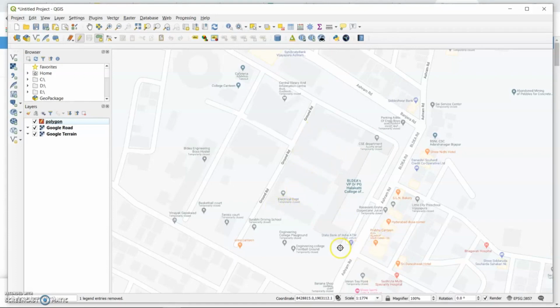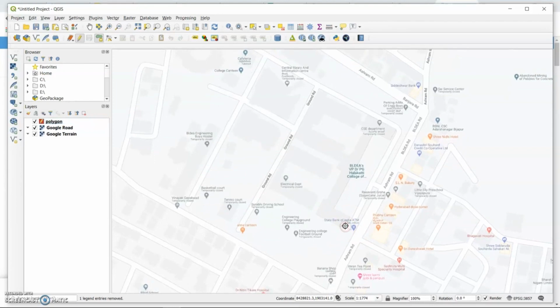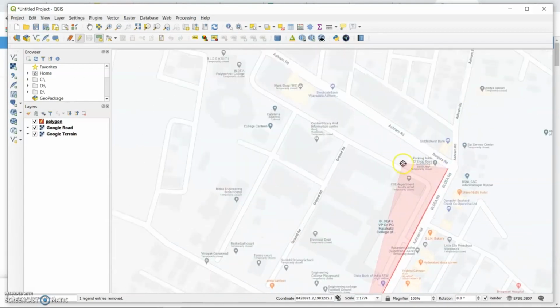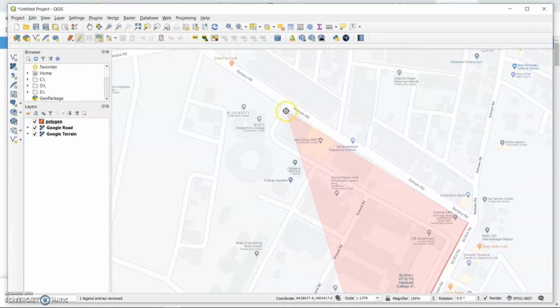Now let me do one thing. What I'll do is I want to draw the map of our school, of our college. So what I'll do is I'll first make the boundary. Let me first create the boundary. I'm including the Polytechnic also.